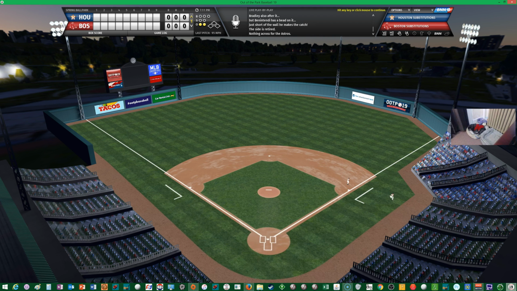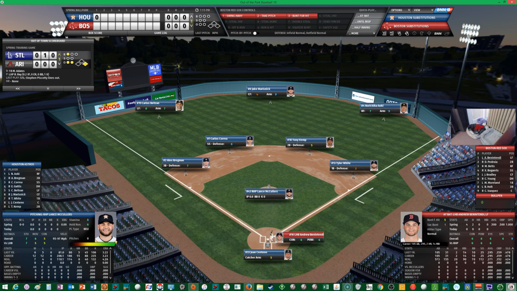So it's Houston nothing, the Red Sox coming up. So for the Red Sox, Andrew Benintendi will lead it off and play left field. Batting second is the second baseman Dustin Pedroia. Mookie Betts will bat third and play right field. Batting cleanup is Xander Bogaerts, a shortstop. Jackie Bradley is the center fielder hitting fifth. Chris Young, the left fielder,